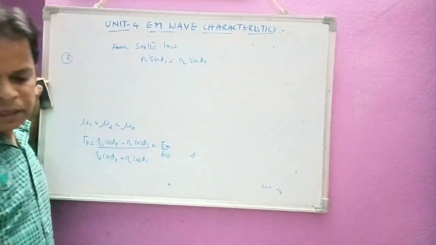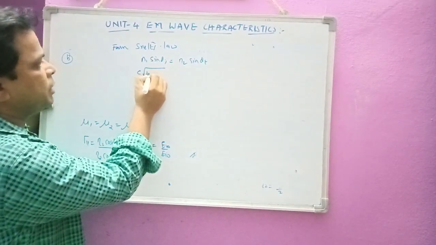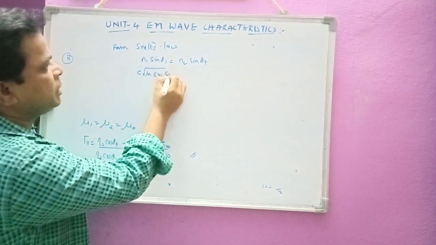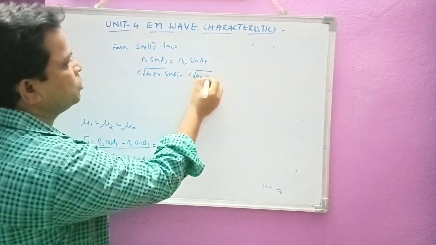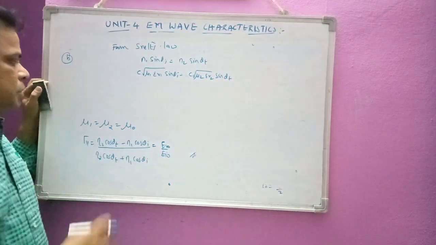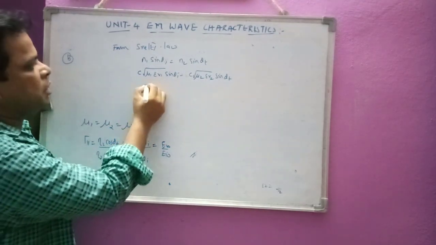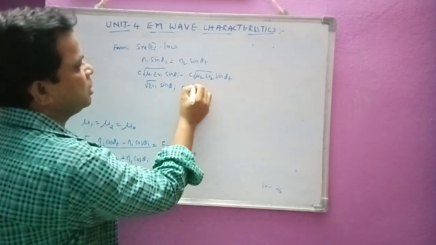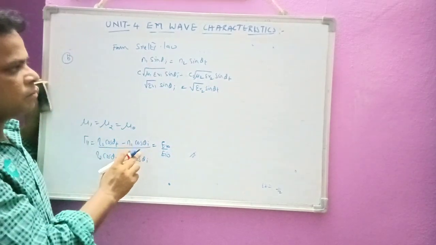Okay, we have this formula, and we know that n1 is equal to c into square root of mu1 epsilon r1, so I can write n1 sin theta I, and n2 is c into square root of mu2 epsilon r2 into sin theta t. Now mu1 and mu2 are equal to mu naught, and c will get cancelled. We are left with epsilon r1 sin theta I is equal to epsilon r2 into sin theta t. Now I can write here sin theta I